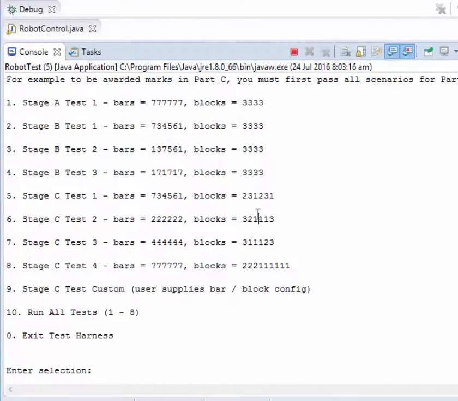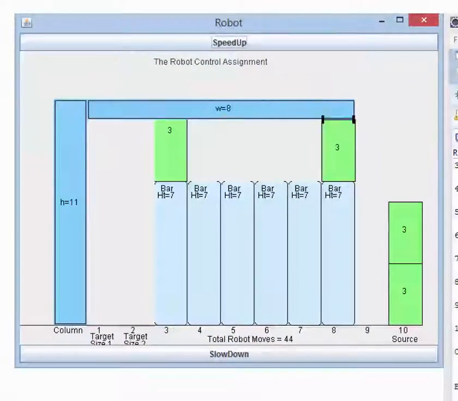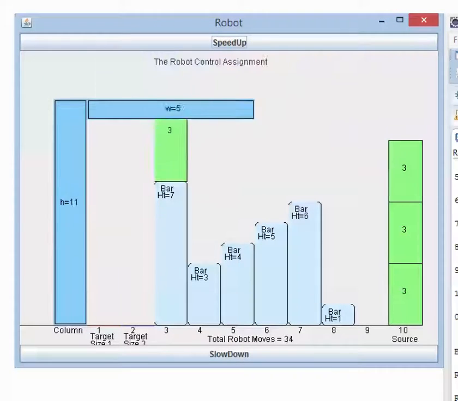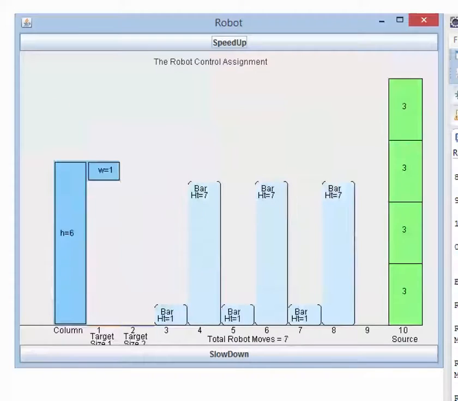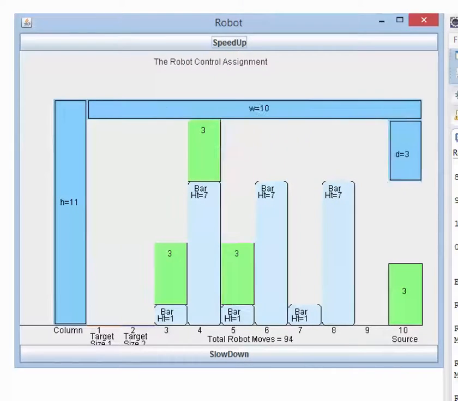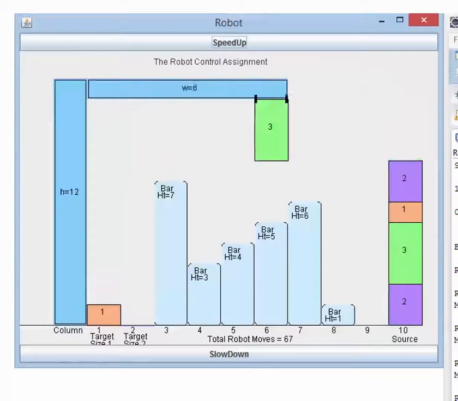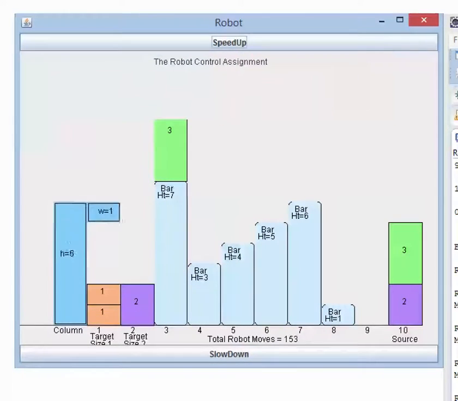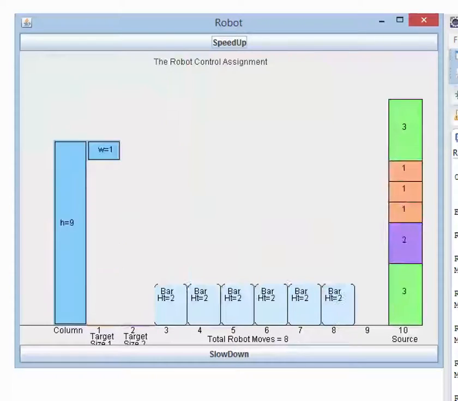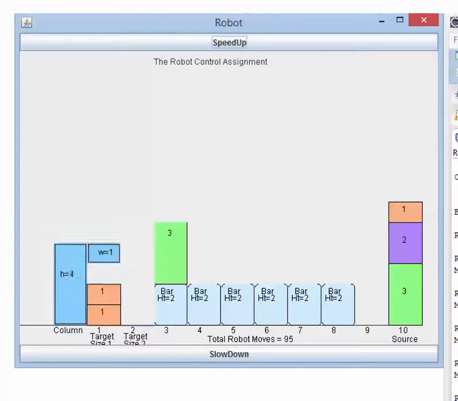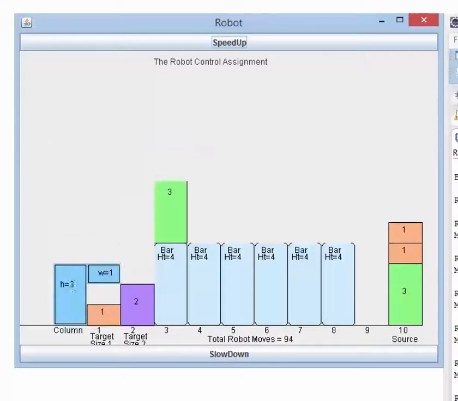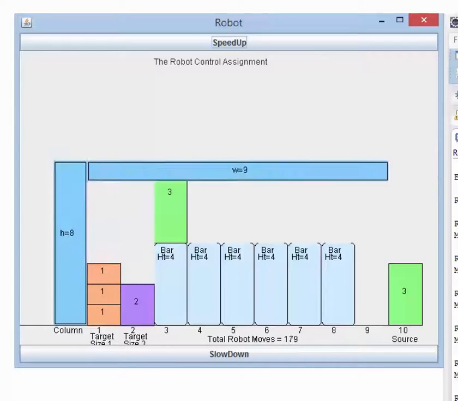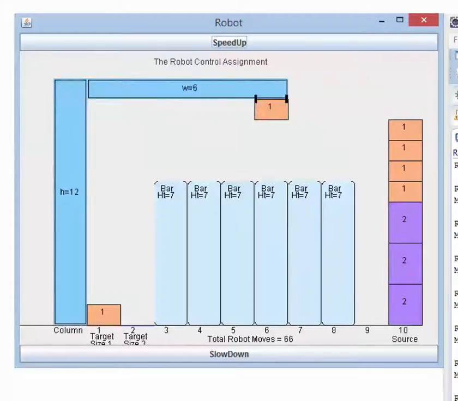So here you can type in test number 10 and it will run each of the tests at a higher speed, one after the other, just so that you can test that everything's working. And you can see the different configurations that are being used. And all of these different configurations are explained in the assignment specification. So we're up to test 3 of stage C, test 4,